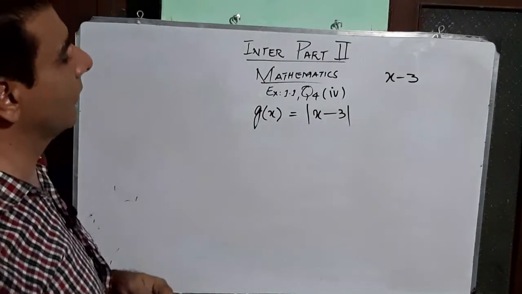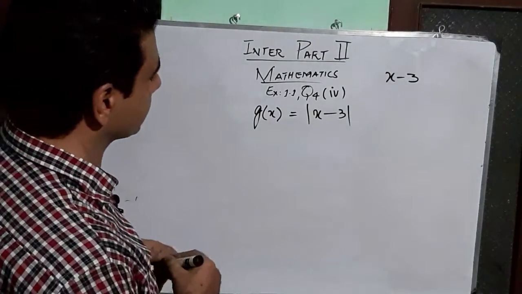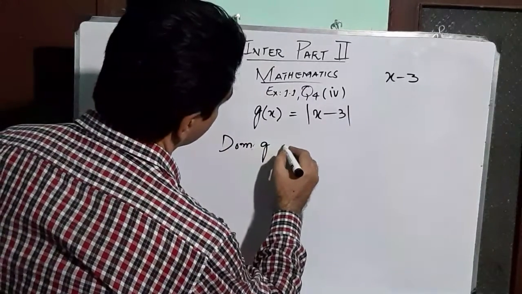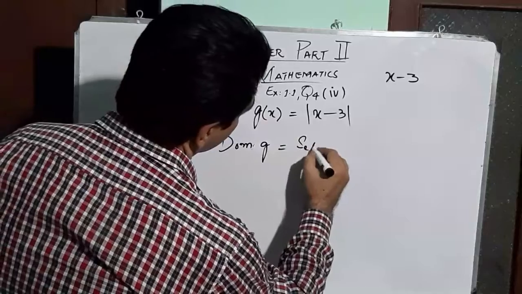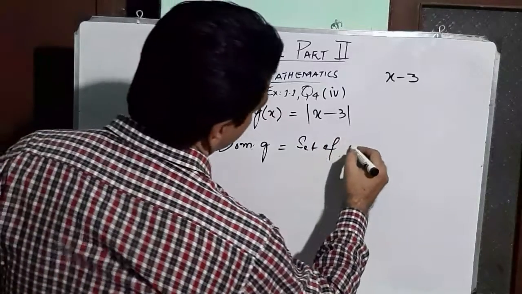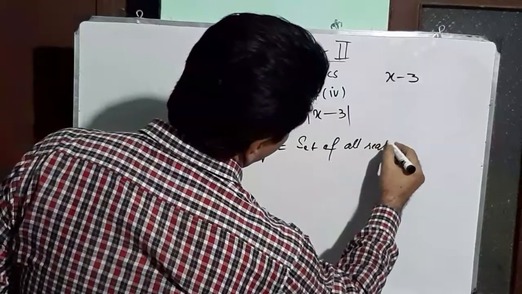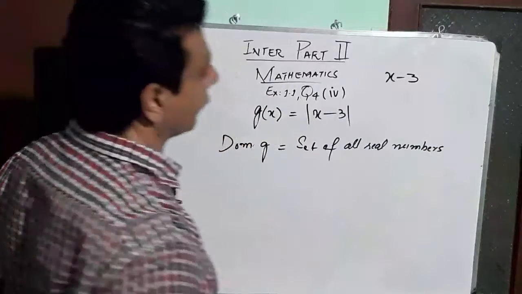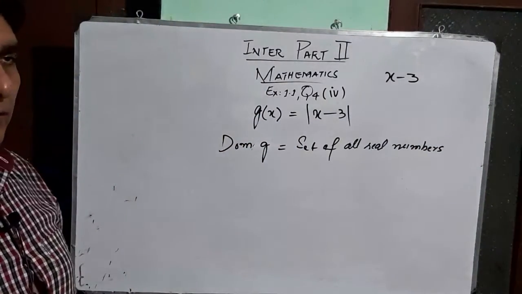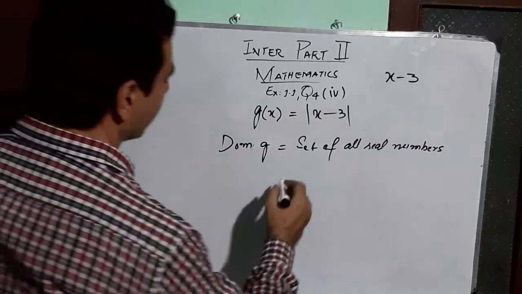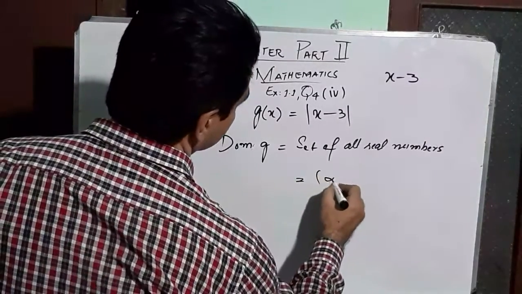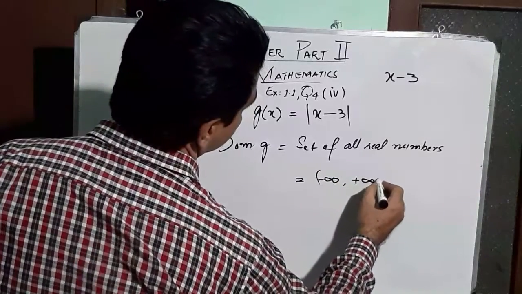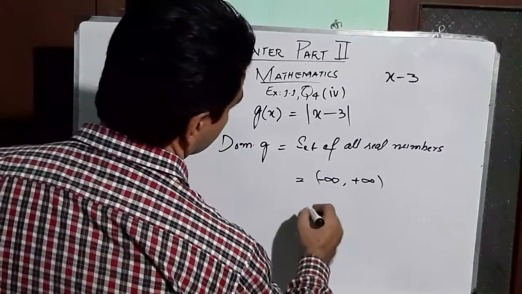So its domain will be the set of all real numbers. In interval notation, we can write minus infinity to plus infinity,